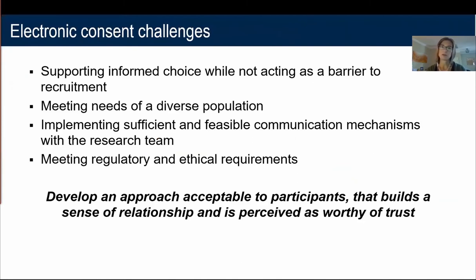There are many challenges in electronic consent, and you've heard many of them from the past 2 presentations, but I'm going to highlight a few. One of them is supporting informed choice while not acting as a barrier to recruitment. So for large-scale research to work, you of course need a lot of participants, especially for rare disease research like we're conducting in Early Check,